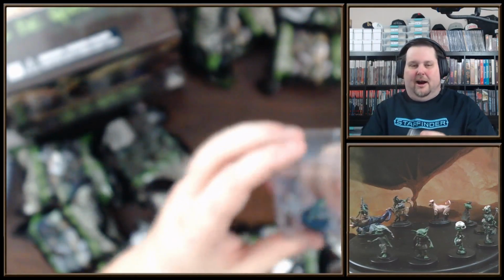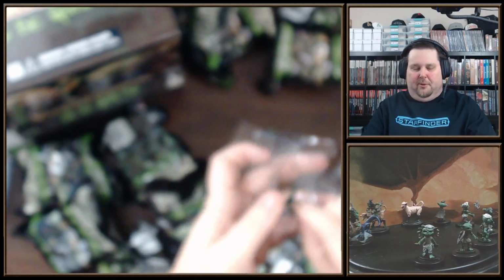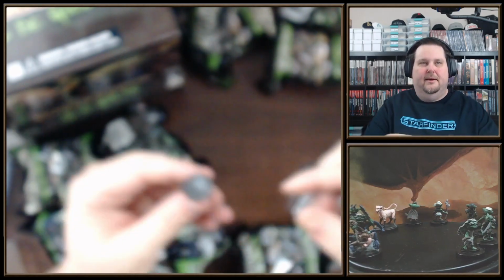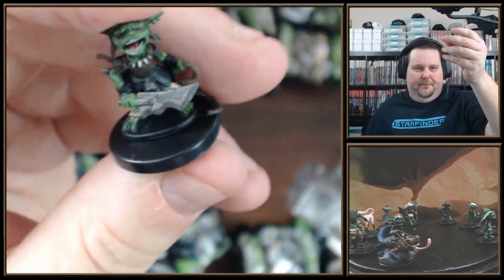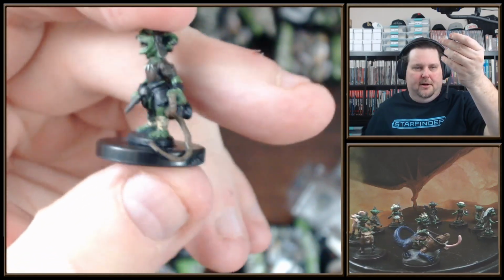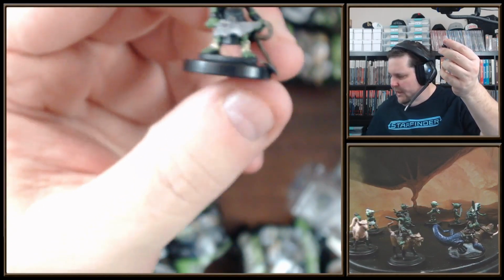So, all right, let's open up some more of these minis. I've got 6 more opened and ready to go. These things are great to snap in place. Here is another Goblin War Chanter. So there is the chopper, the whip. Kind of whips in a different